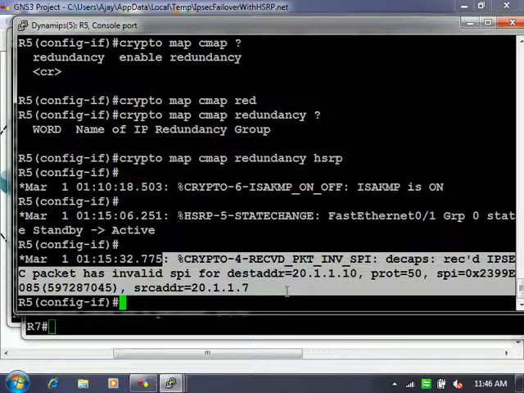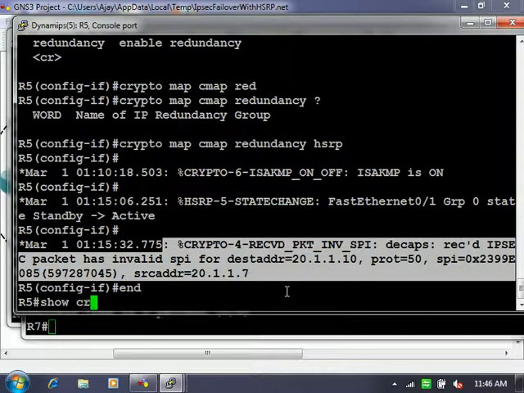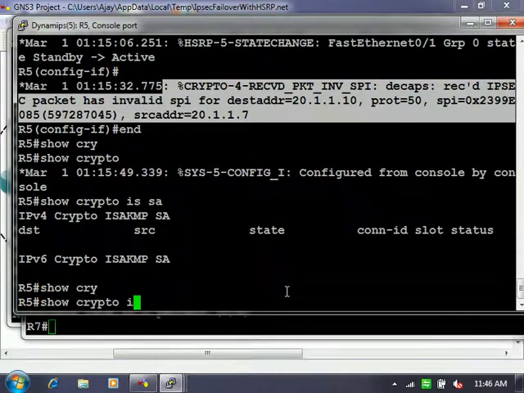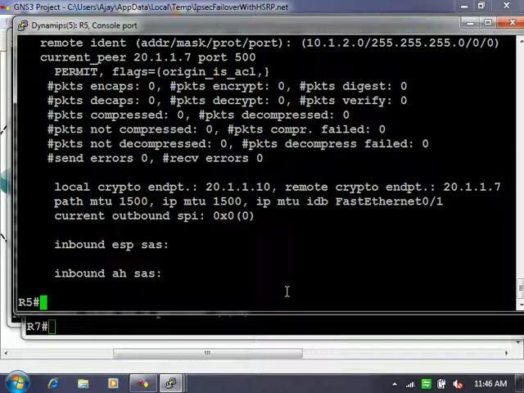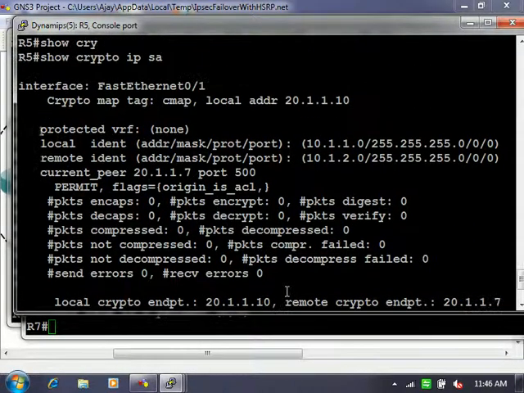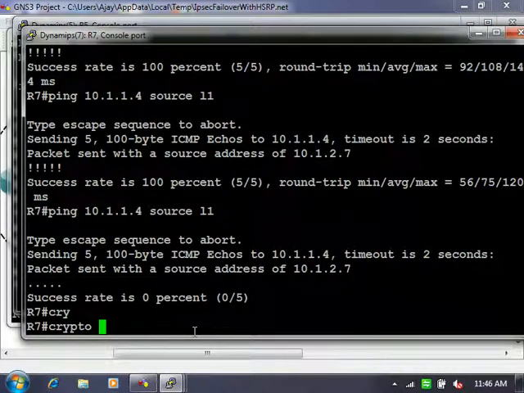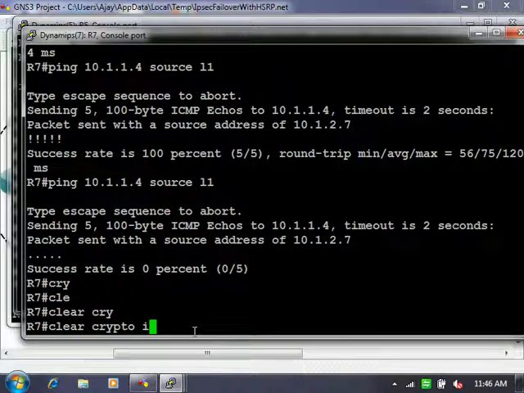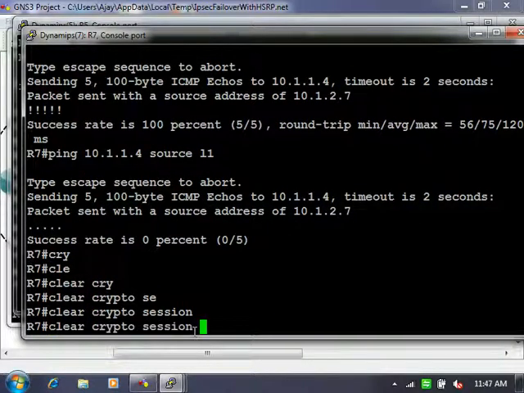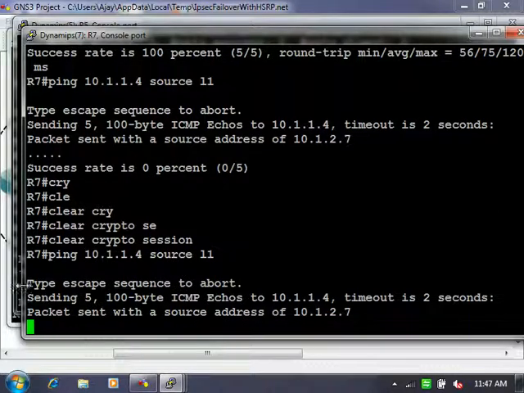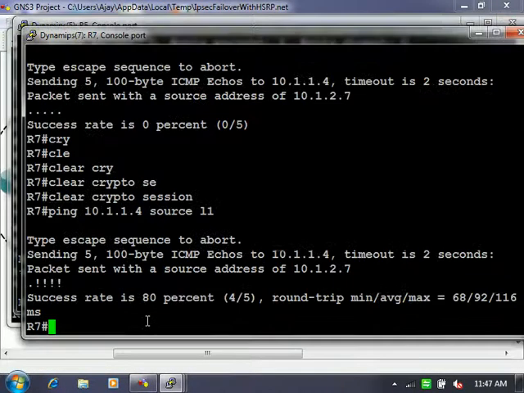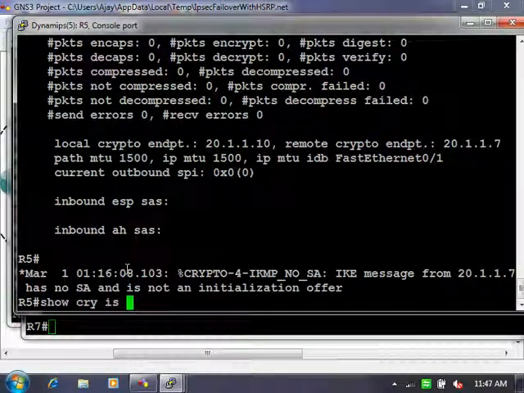So in this case the disadvantage is that you have to clear the crypto session, and now you initiate. It will negotiate the phase 1 tunnel and establish the IPsec tunnel as well. See, got it, right? Now let's check the tunnel over here. Now you get the reply.